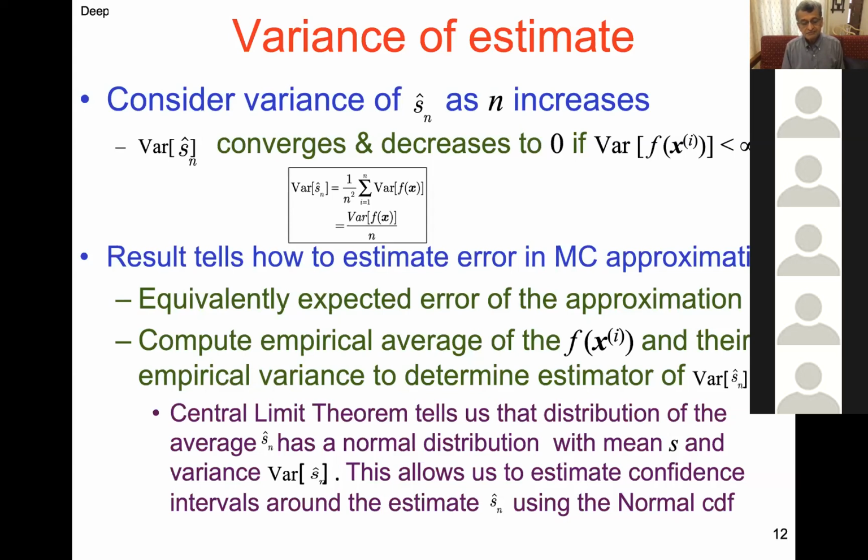This relates to the central limit theorem. The distribution of the average is a normal distribution with mean S and variance. This allows us to estimate the confidence intervals around the estimate using the normal CDF. So the point of it is,